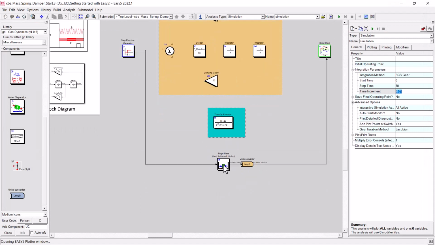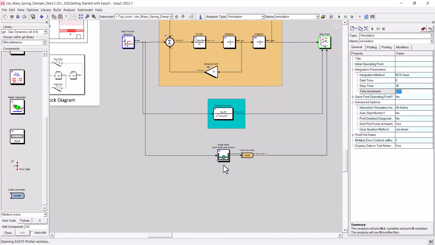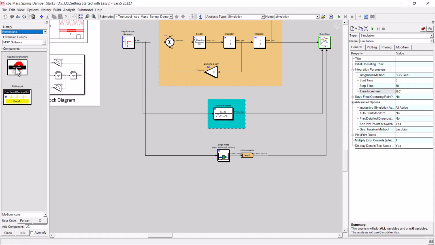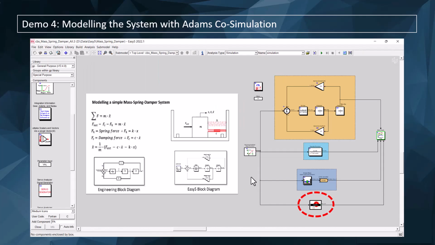All right, and so the last step in the first part of this video then is to add the Adams co-simulation. And so what I'm going to do now is move down to my extensions, and I'm going to drag an Adams block onto the canvas. Now, we're going to have to go to Adams and do a bit of work first before we can connect Adams to Easy5. All right, so the last approach that we're going to take is to actually include the Adams